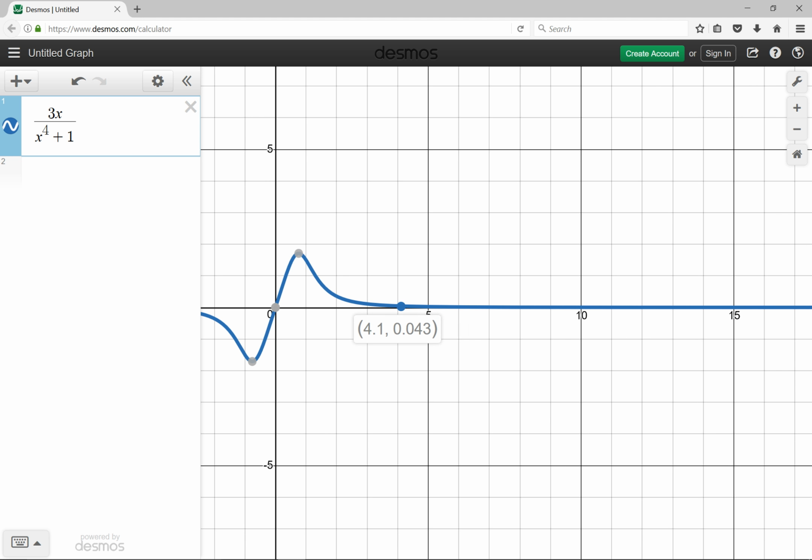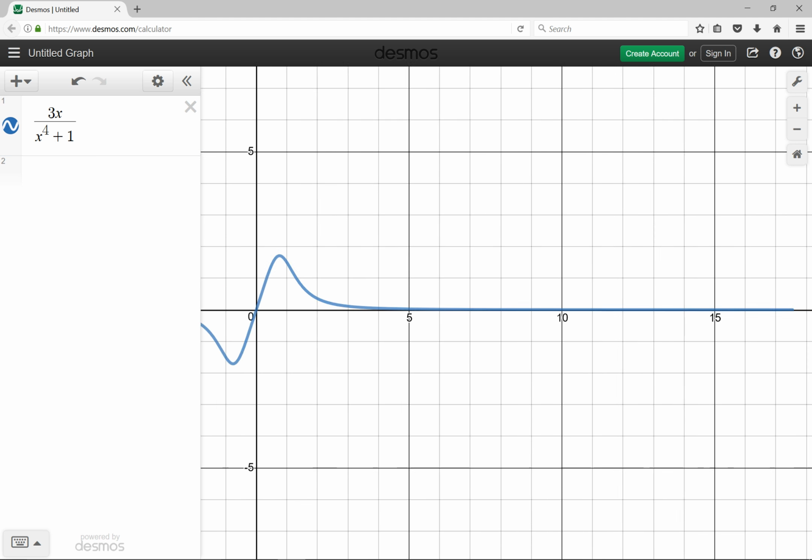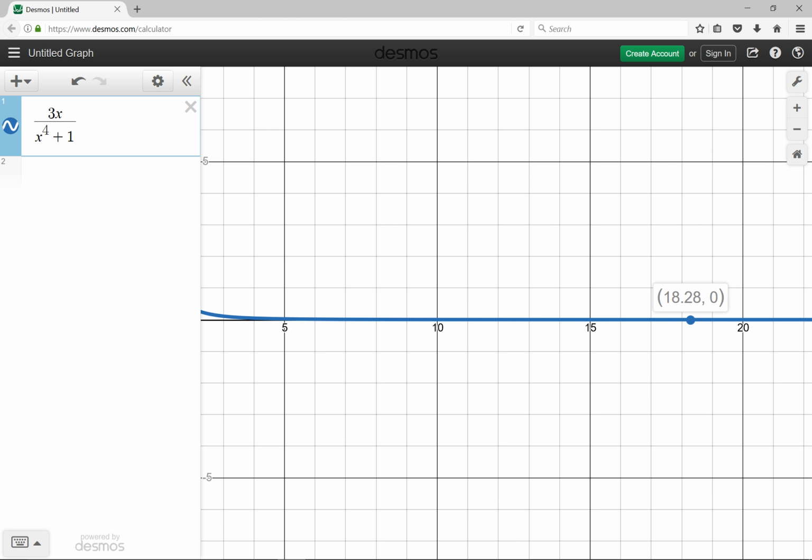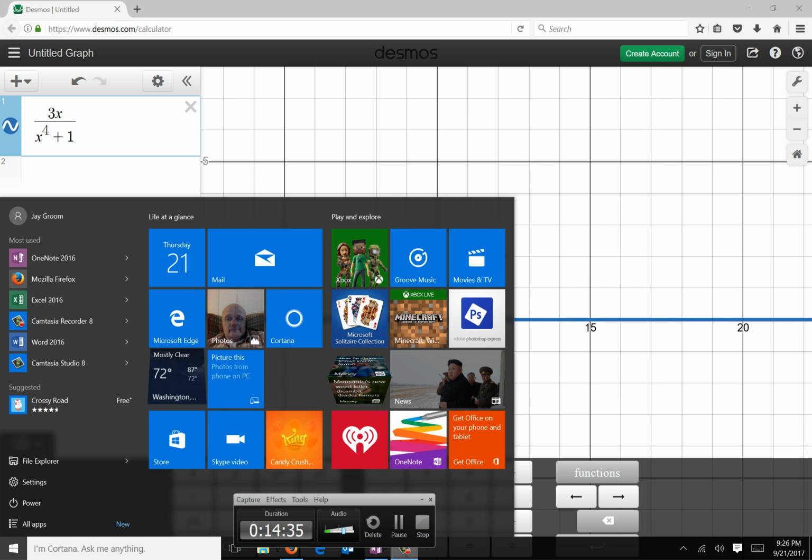you can see that even in here right around 4 or 5, it's tiny, and it's headed towards 0. And about here, it just says, let's just call it 0. Right around in here, right around 18, it just says, let's just call it 0 now. And so that's the idea of limits as you approach infinity. Very easy to do.